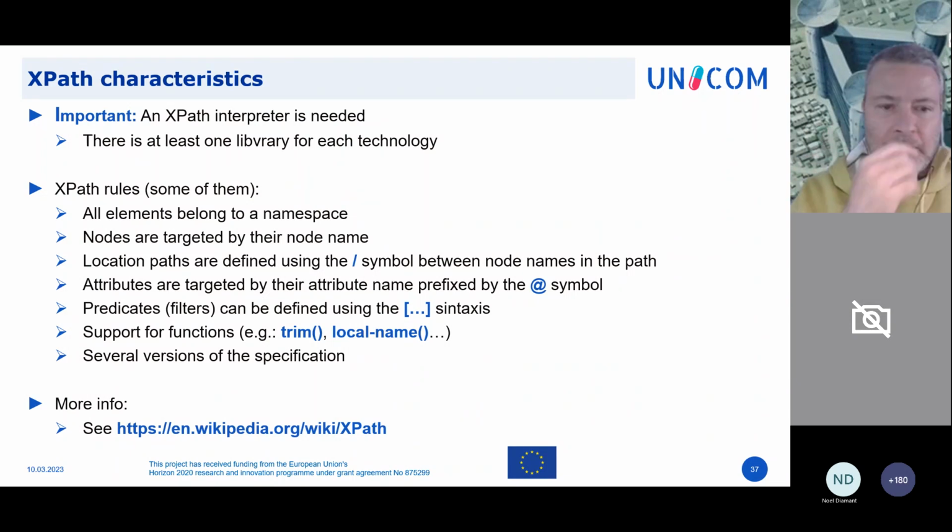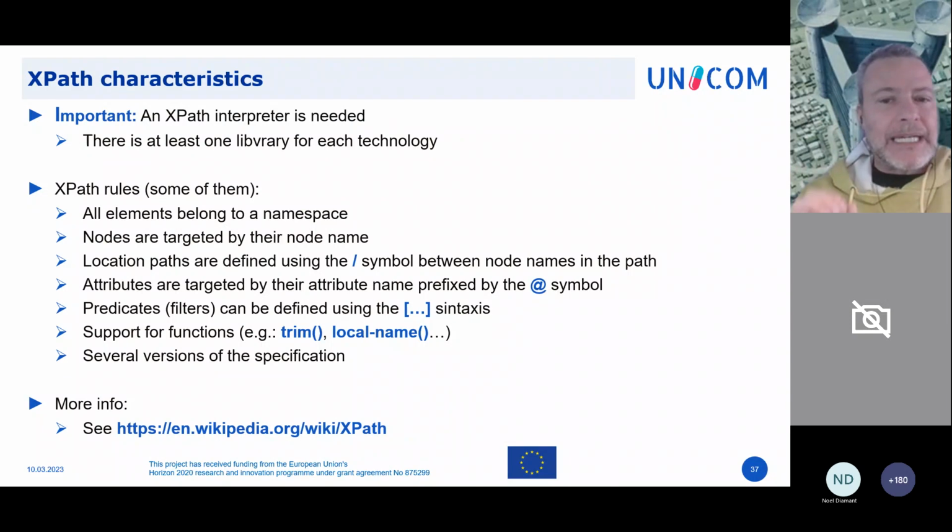We will see an example just after. If you want to specify the path of an element inside the document, you can concatenate the names of all the ancestor elements and separate them with the / symbol.